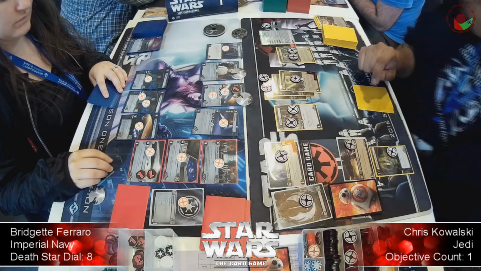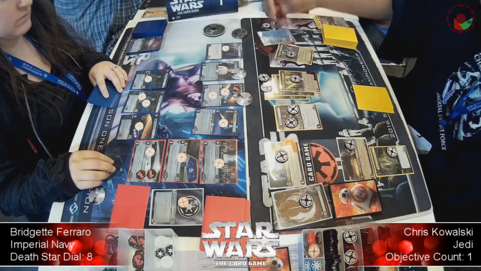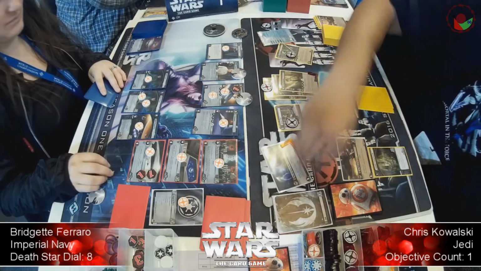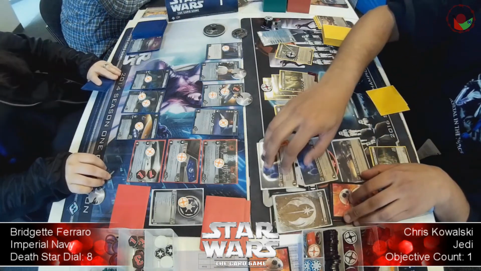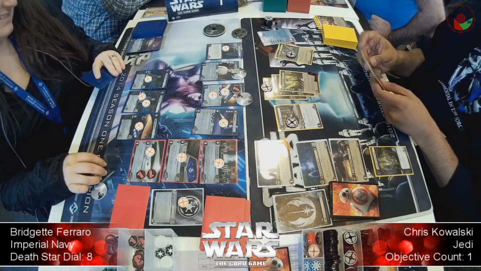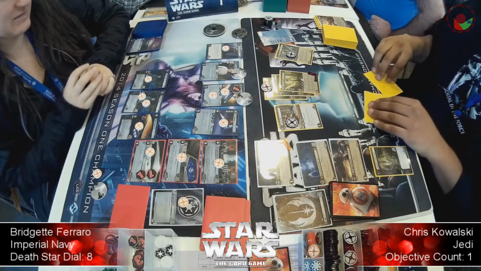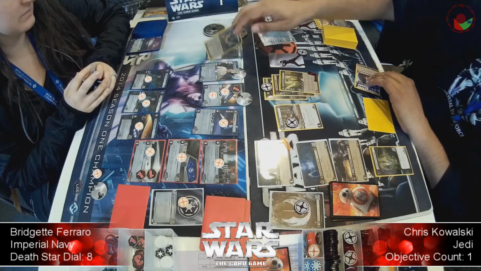So one unit available for Bridgette on the defense is Yularen. Another window here for Chris. He doesn't have to deal with the Golan, doesn't have to deal with Chimera. There's no money open for Bridgette to tractor beam again. And may the force be with you is Chris's new objective. That's never bad, but you're not happy to see it mid-game when you've